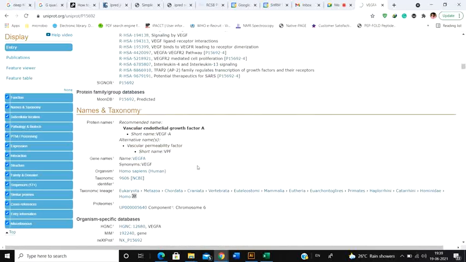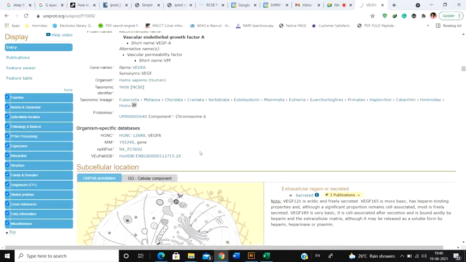Now next you come and get to see the names and taxonomy section. In the names and taxonomy section, you have the whole taxonomic lineage of this particular protein. You have the Eukaryota, Metazoa, Chordata, Craniata, Vertebrata, and then ultimately it all comes down to Homo sapiens. Now it's going to be exciting for the taxonomist. Several people work with taxonomy, right? Although it's a very boring job, there are people who are interested. They find something interesting in this section and they work with it.